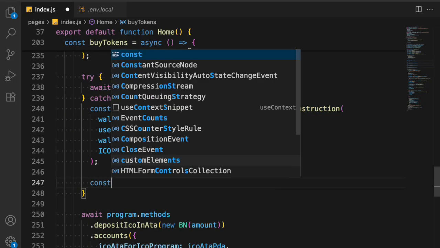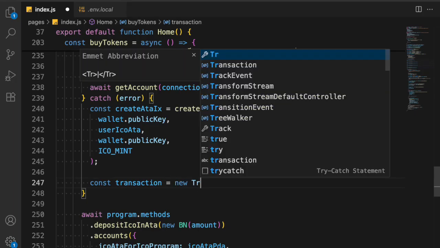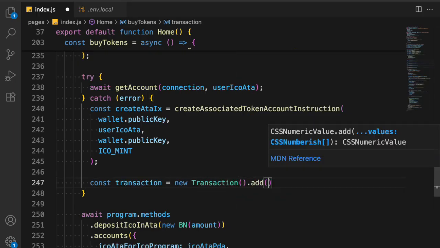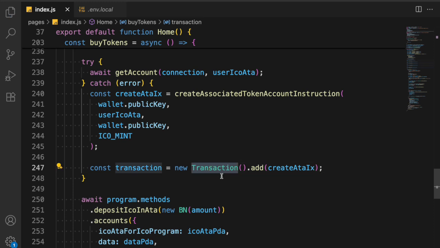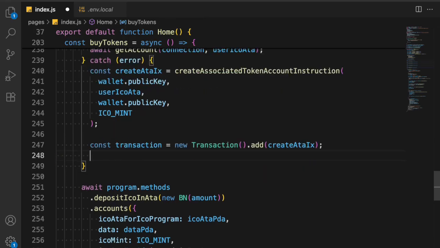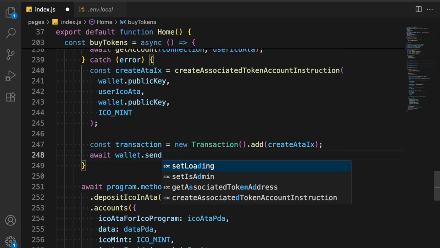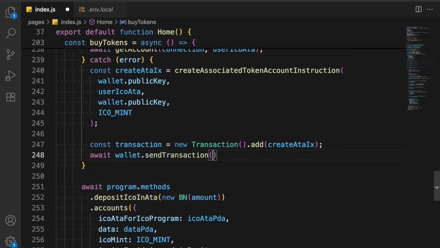Now we can come back here, let's perform the transaction. We'll say this transaction, pass the details, call add, and in that we can simply pass the created one, and it will execute the transaction. So let's see, it's a transaction. Perfect. It's good. Now we can come back here, we'll take this await wallet sendTransaction, which takes the transaction